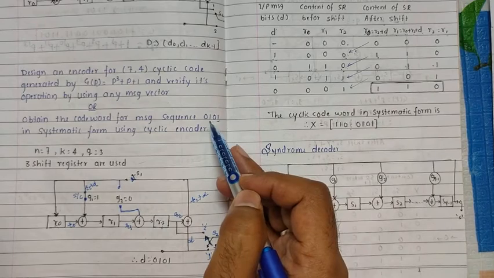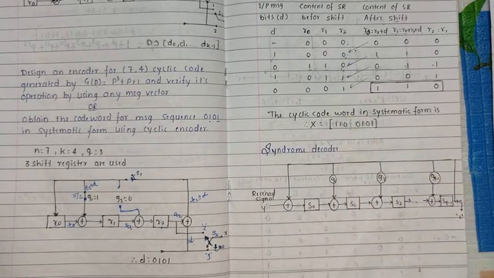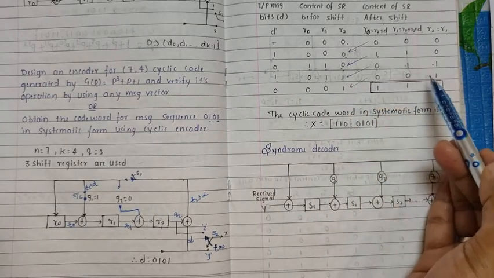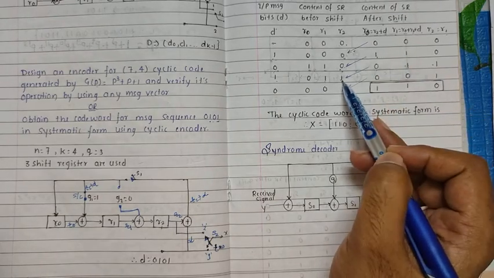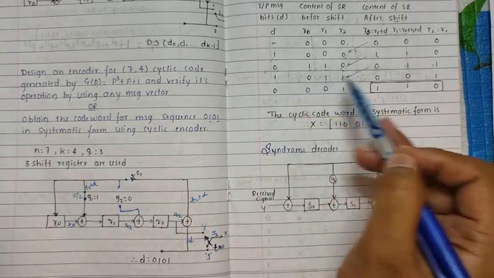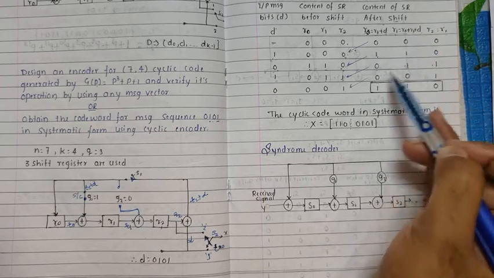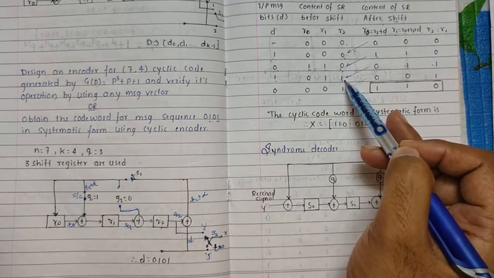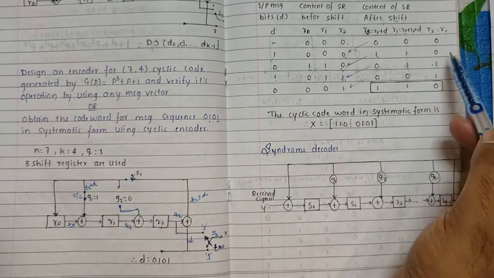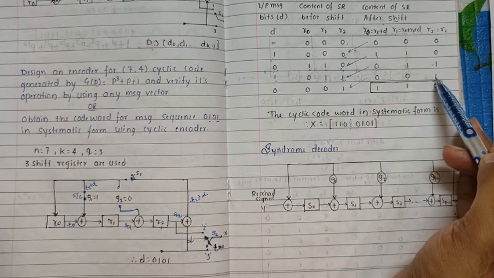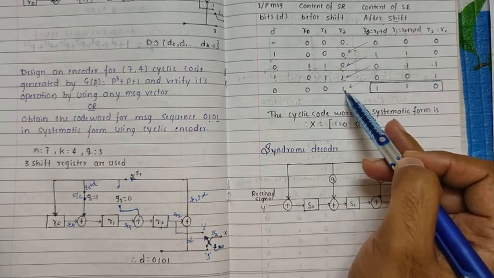Now the next bit 1 will be applied, it will be routed through this design. Now because of this input 1 and this content of the shift register, we are getting different contents in the shift register. Let's see, R0 is equal to R2 plus D, so R2 is 1 here and D is 1. So 1 plus 1 is 0. This is XOR addition, so 1 plus 1 is 0. R1 is equal to R0 plus R2 plus D. So R0 is 0, R2 is 1 and D is 1. So 0 plus 1 plus 1, so 1 plus 1 is 0. And R2 is R1, R1 is 1. So that's why 1. Now 0, 0, 1 will be available in the shift register. So that's why I have written 0, 0, 1 here.